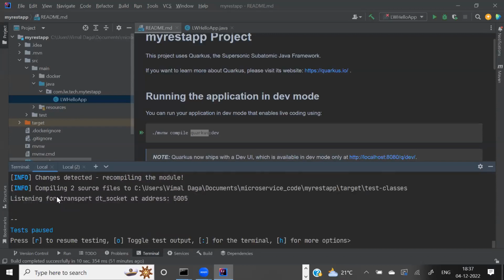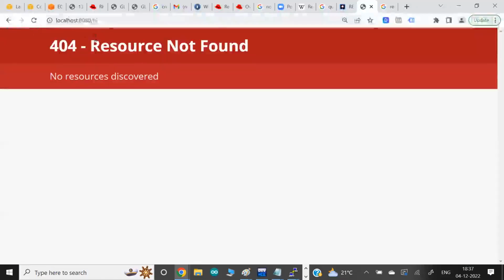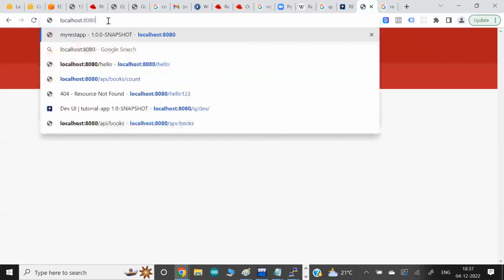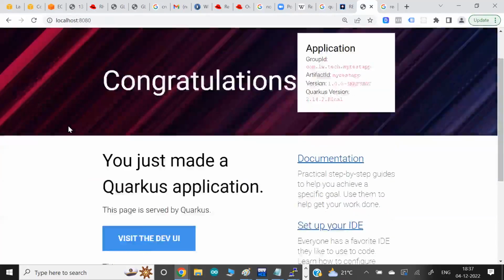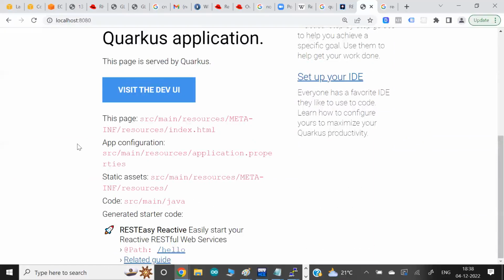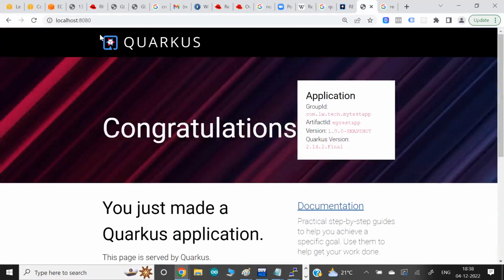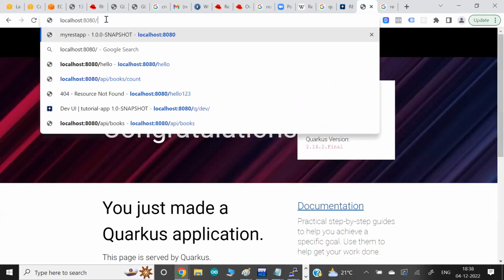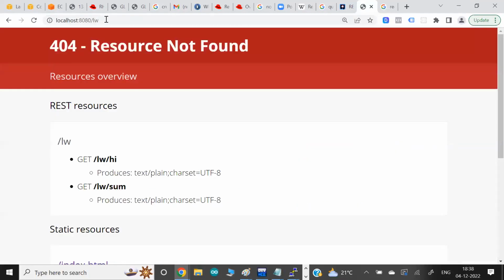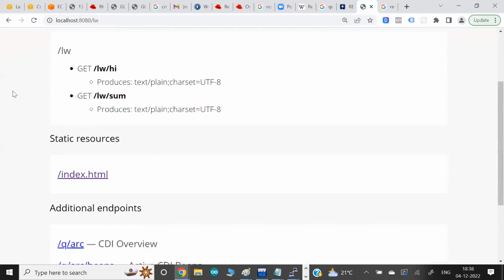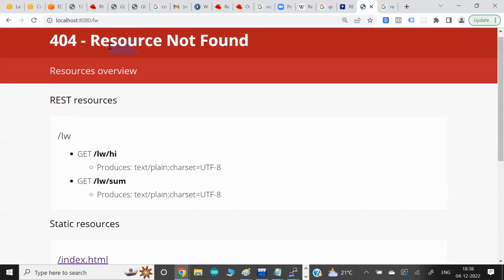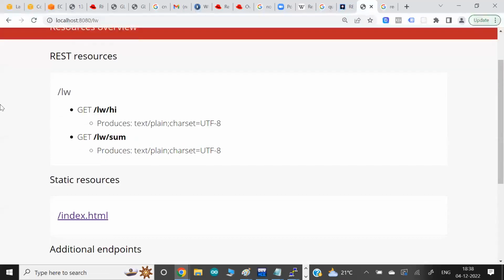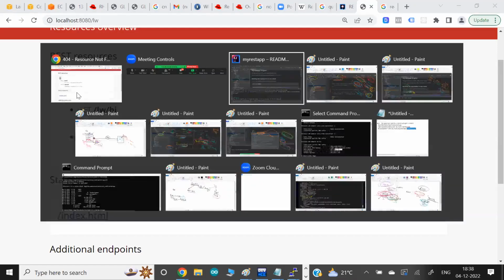Now, if you run this, this is Quarkus. Quarkus will tell us that here we have our path called LW. Then you can see some difference, right? Very interesting. Even though there's resource not found, because there's some more we can do here. But what can you see? This is what we have planned, right? It means if you only reach LW, they don't have any code. We don't have anything here.